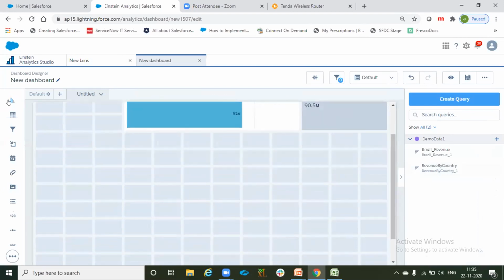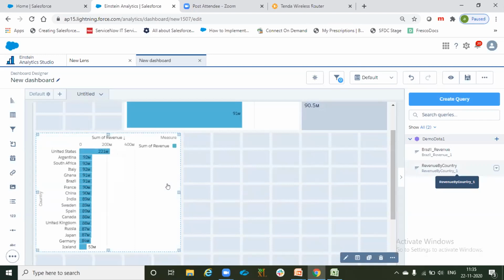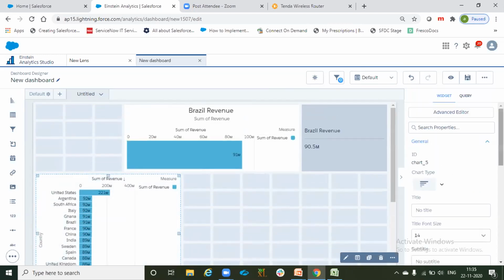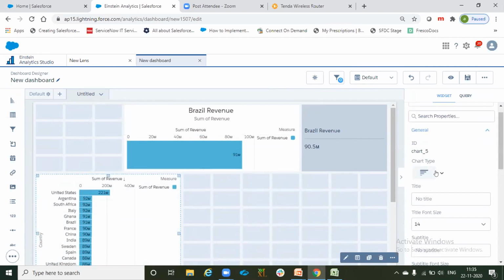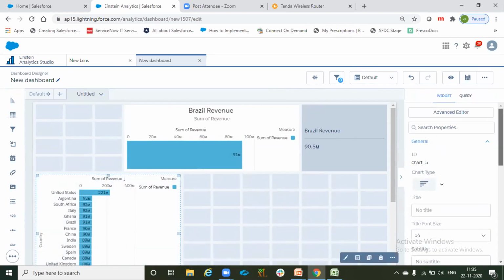So I can drop a chart from here, and now I just want to change the chart type, or show it in a different visualization. Once you select this widget, when you see all these properties, the very first one is chart type.